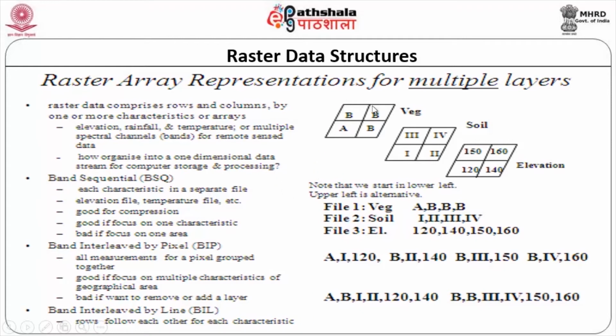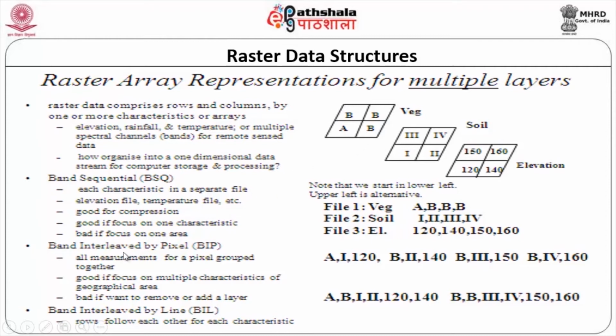Band sequential: if I have 4 different bands in a satellite, each and every band is sequentially stored. This is the total area, and I presume that there are 4 cells here. Each of the cells will be receiving data for one particular band of that sensor. If I have 4 bands of the same sensor, for the same area I will get 4 into 4, 16 data. So, I can store that band by band, which is called band sequential. That is 4 data of band 1 followed by 4 data of band 2 followed by 4 data of band 3 and so on.